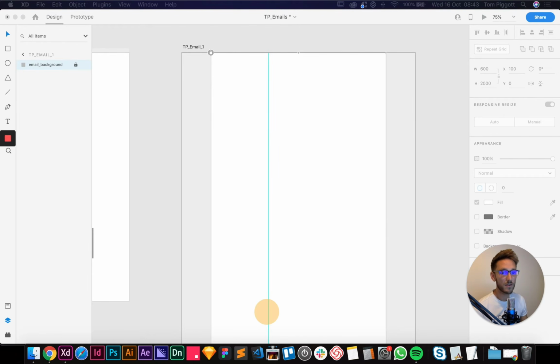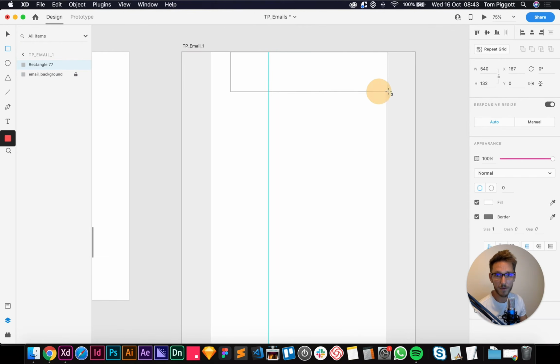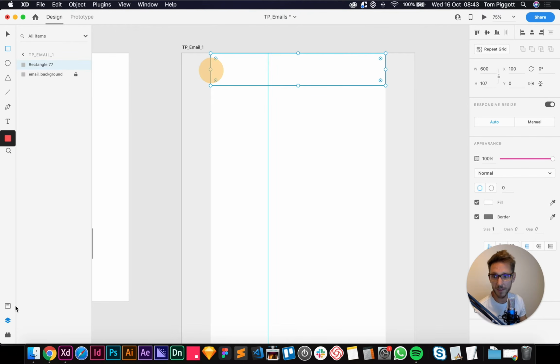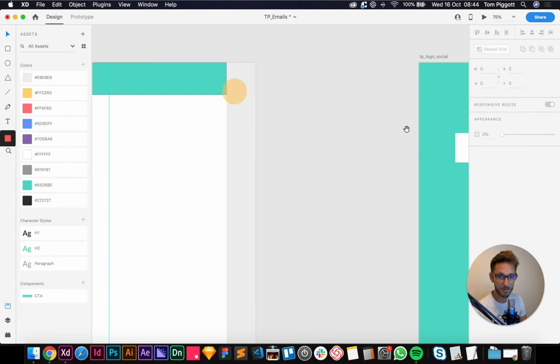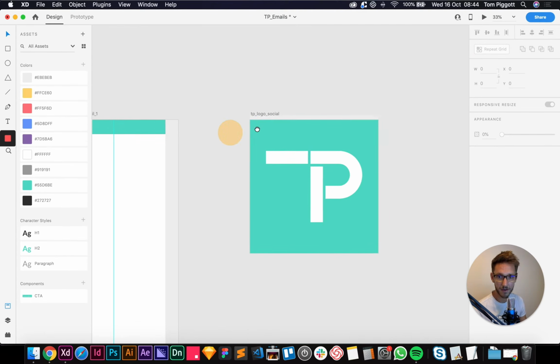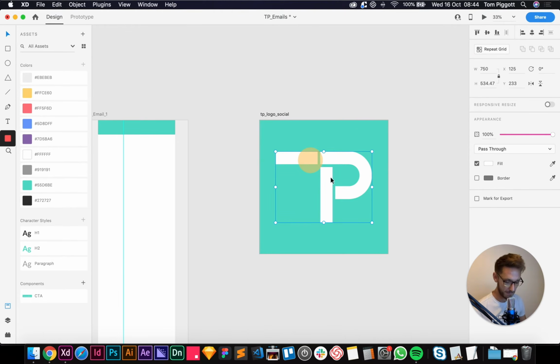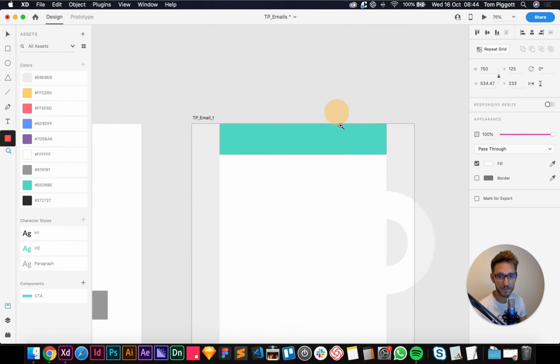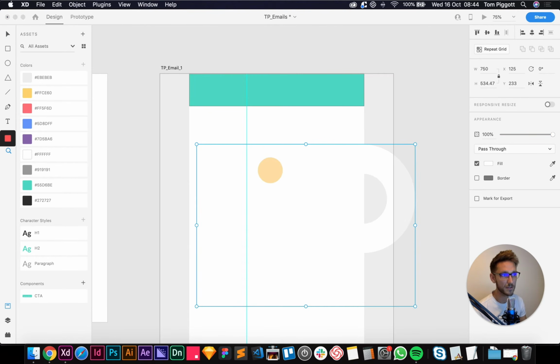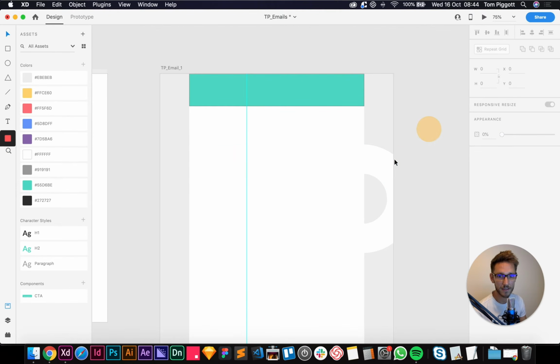So in terms of design, we're going to want my logo at the top. So this is how I would design. I'm going to grab out a box. I'm just going to draw it out like this, come to my colours, make this green, and then have I brought my logo in? Yes, we brought my logo in. So I can just grab my logo here, copy, come over here, paste. Obviously this is ginormous, so we're actually going to make it 50 pixels wide in this design.